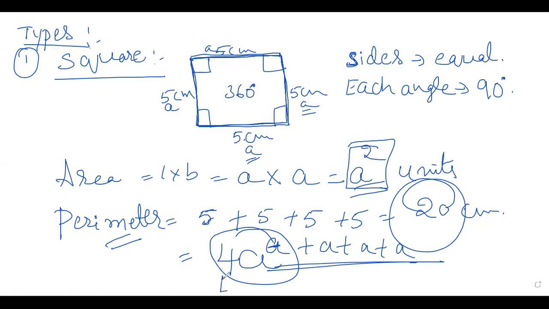Nodi nimge 4 barkoli, 4A alli 4 barkoli. A plus alli ಎಷ್ಟು ಹಾಕಬೇಕು? A is nothing but we have taken 5 here. Write that 5 4s are 20, right? ನಮಗೆ 20 answer ಬಂದಿತ್ತಾಗ್ಲೇ ಅಲ್ವಾ? So this is the formula to find perimeter of a square. Area of a square is A square and perimeter is 4A. You should know all this formulae to solve the problems, children. Okay, we'll go for the next.